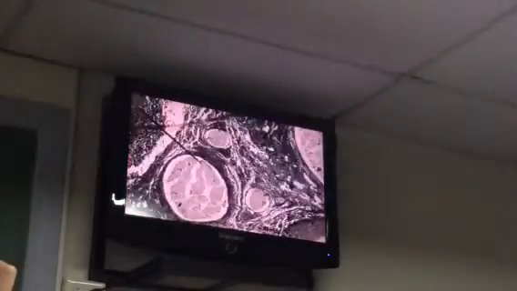Last slide is slide number 19. There are two sections of this slide. The first section is cross-section or transverse section. So if you look at the entire slide, this is the entire nerve. All of this make up the entire nerve. Okay? This is the entire nerve.